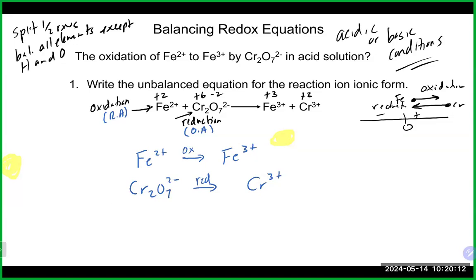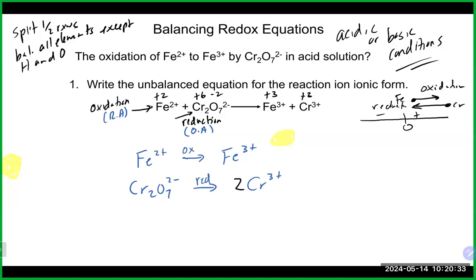We do have two Cr on the left and only one on the right, so we do need to put a 2 there to balance out the chromium, because when we're done balancing these reactions, they do need to be balanced in really two ways. They need to be balanced like a normal chemical reaction, which means that you have the same number of elements on each side of the arrow,